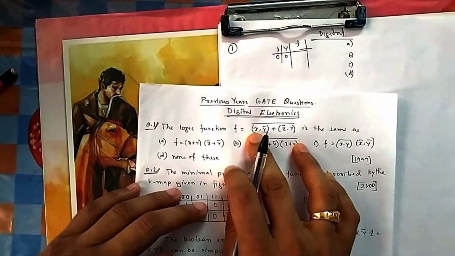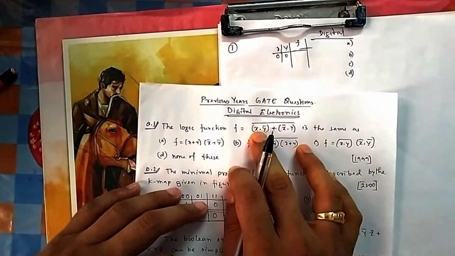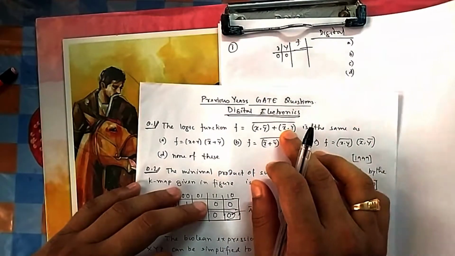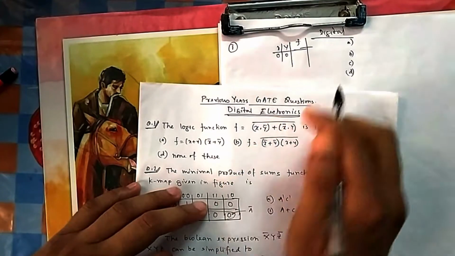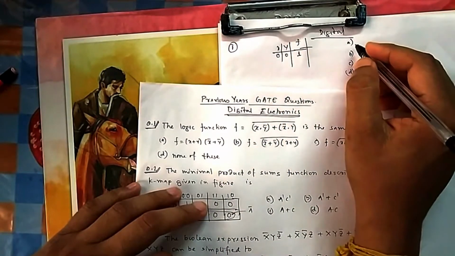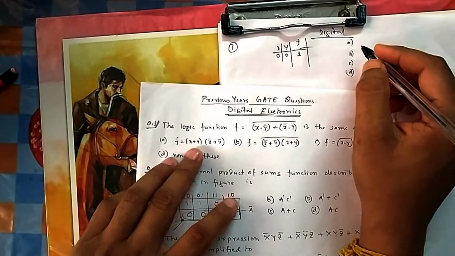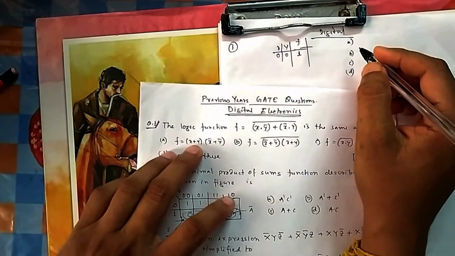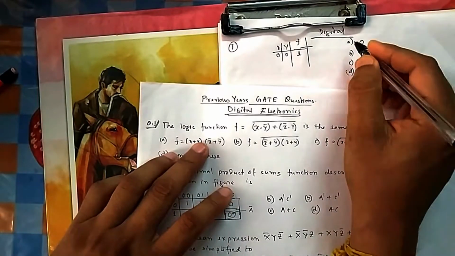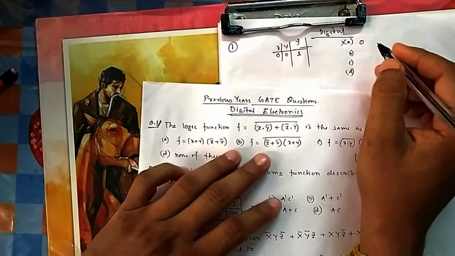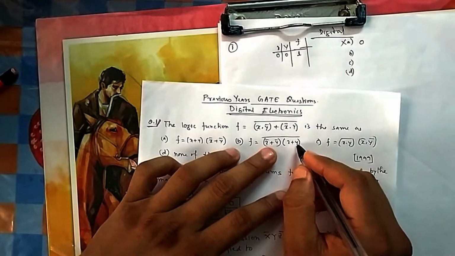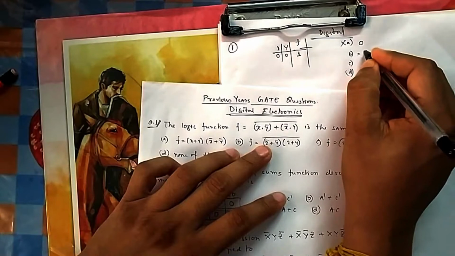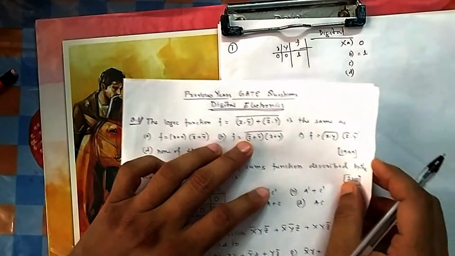So if you give 0 0, 0 multiplied by something will be 0, plus this is also 0, so 0 multiplied by something is 0. 0 plus 0 is 0, and 0 bar is 1, so your output is 1. So see which option is giving 1 as output. If you give the first option with 0 0, 0 plus 0, 0 multiplied by 0, so obviously A will not be the answer. Then for B, 0 plus 0 is 0, something multiplied with 0 is 0, and bar is 1. So B can be.